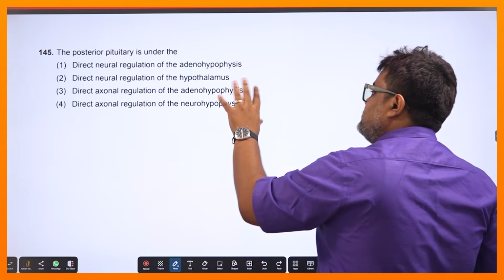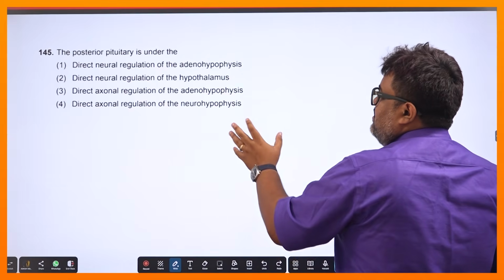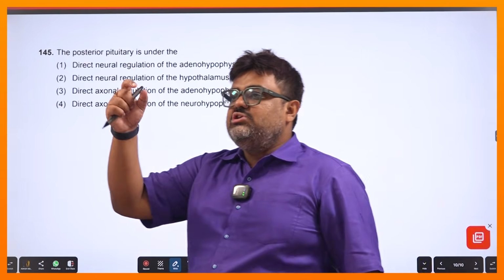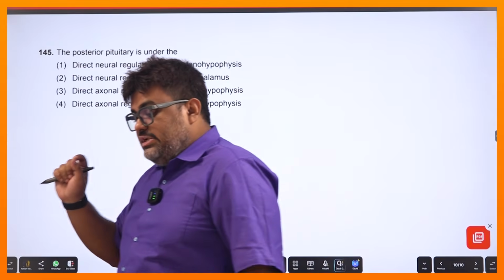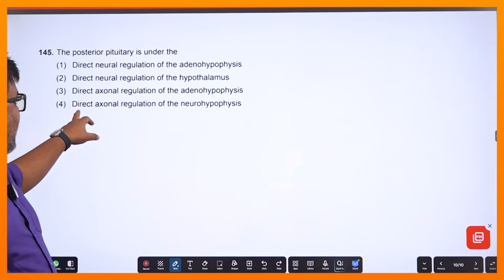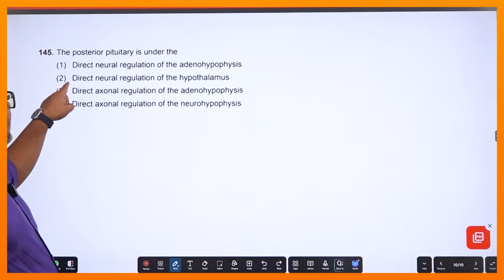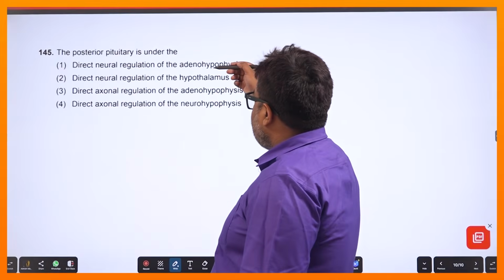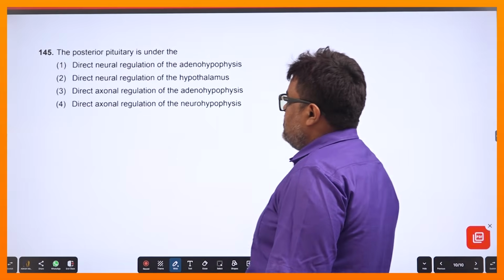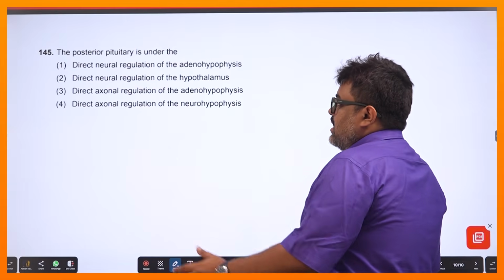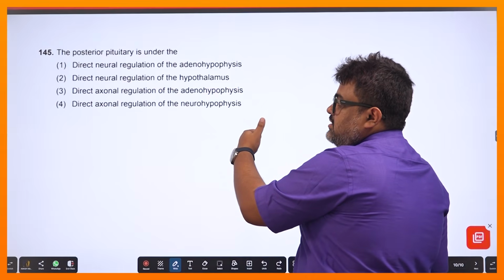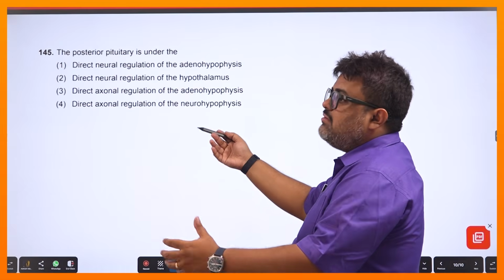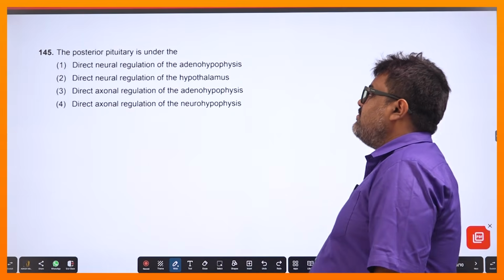নেক্সট যদি আসি, posterior pituitary is under the direct control of, আমরা জানি, ঠিক আছে, আমরা এটা নিয়ে আর বেশি করব না। দেখ অ্যাক্সোনাল রেগুলেশন অফ নিউরোহাইপোফাইসিস হবে না, কারণ অ্যাক্সোনাল রেগুলেশন অফ দ্য নিউরোহাইপোফাইসিস বলেছে, ডাইরেক্ট নিউরাল রেগুলেশন অফ দ্য হাইপোথ্যালামাস বলেছে, ঠিক আছে। দেখ পস্টেরিয়র পিটুইটারি যেহেতু বলেছে, ও তো হাইপোথ্যালামাসের হরমোন গুলোকে স্টোর করে আর রিলিজ করে, তাই না? তাহলে এখানে একটাই অপশন এটাকে গোল থ্রু করছে, ইজন্ট ইট? এই জন্য পস্টেরিয়র পিটুইটারিকে নিউরোহাইপোফাইসিস বলা হয়, তো কাজেই ডাইরেক্ট নিউরাল রেগুলেশন অফ হাইপোথ্যালামাস,